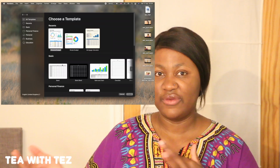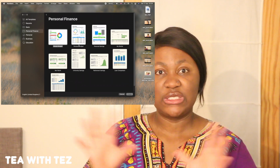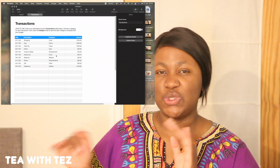and the tracker that I use is just one that I got off the Numbers app. So if you have a Mac or an iPhone, you get the Numbers app for free, and if you look at some of the templates, there's like a budget type thing, so I just followed that and then I tweaked it a little bit. Took me ages, but I tweaked it so I can see how much I'm spending for each category every month,